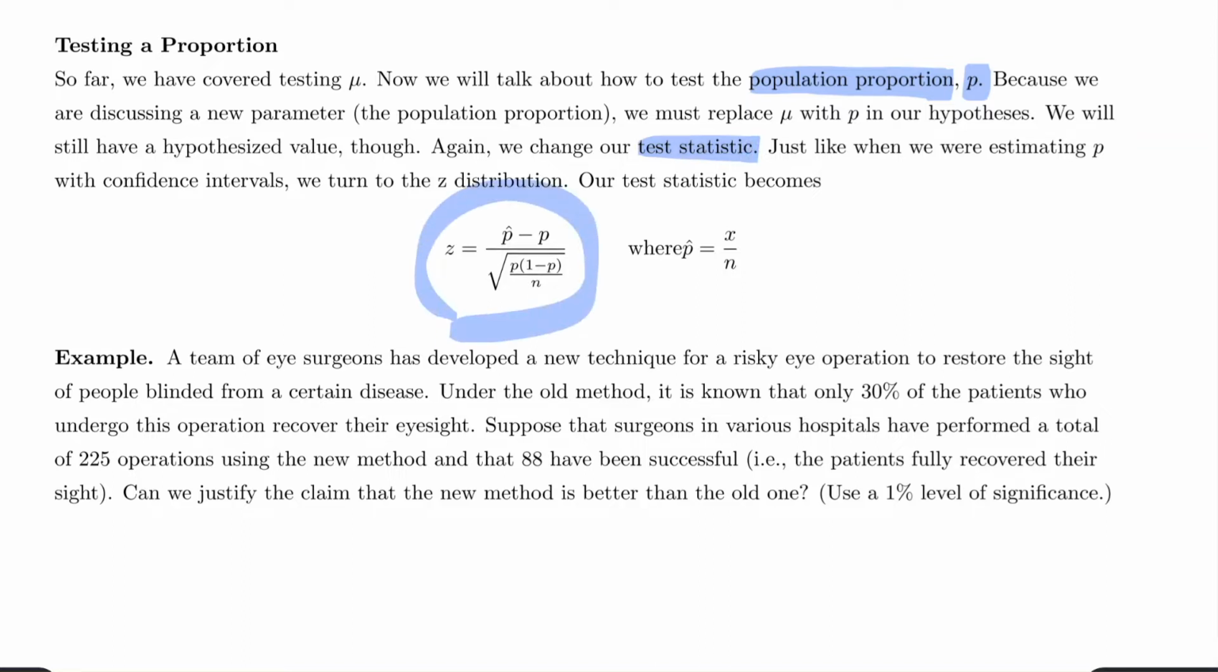This one. Just like when we're estimating p with a confidence interval, we turn to the z distribution. We're using z as a critical value. Okay. So the formula for the test statistic is this, where p hat is the sample proportion. So we obtain the sample proportion,